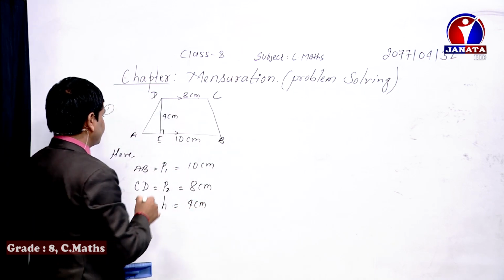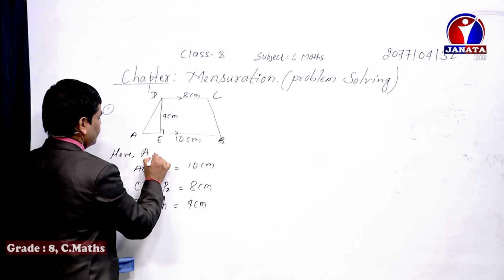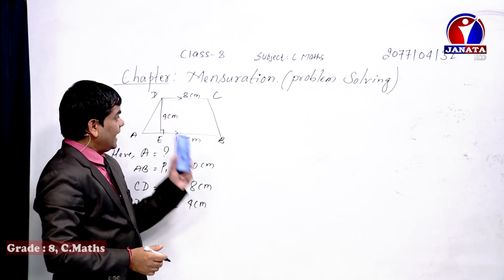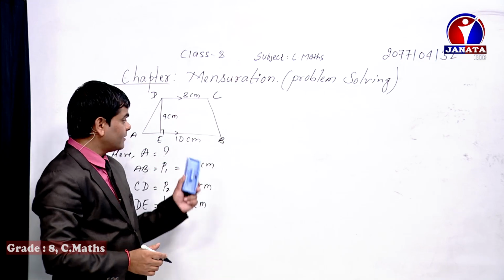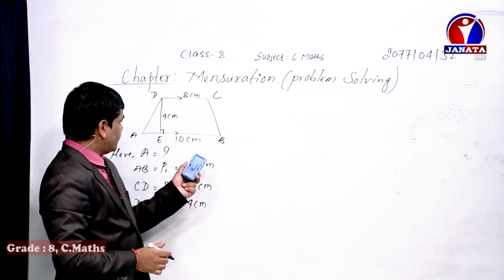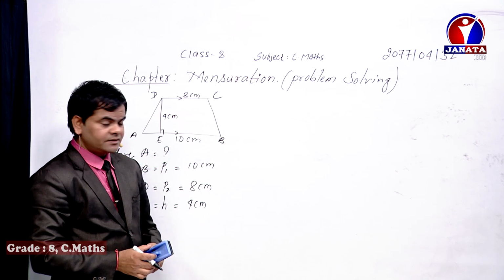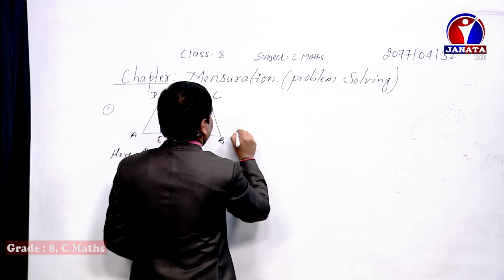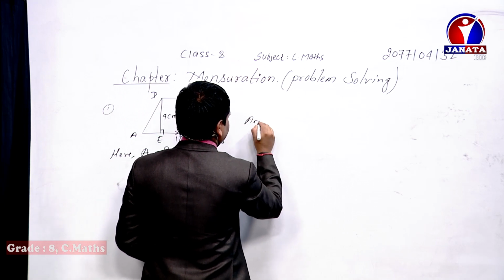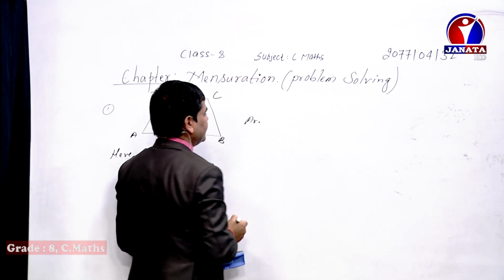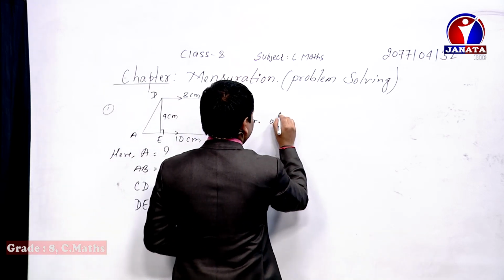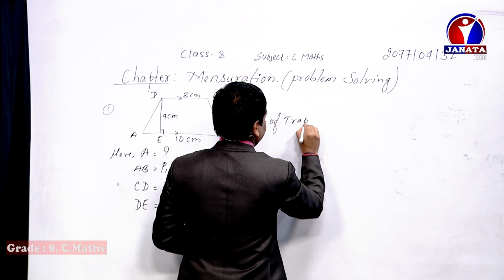If the question says to find out the area of this figure, then at the time I had derived the formula, so you can watch that formula. Looking at your copies, you might have copied the formula derivation. Now, area of trapezium equals what we do. Area, AR dot, in short form represents the area, area of trapezium.